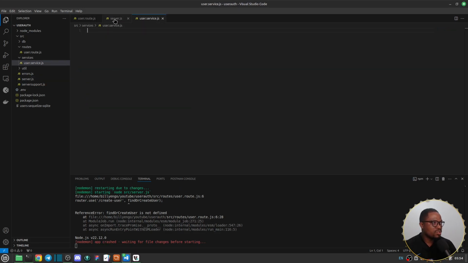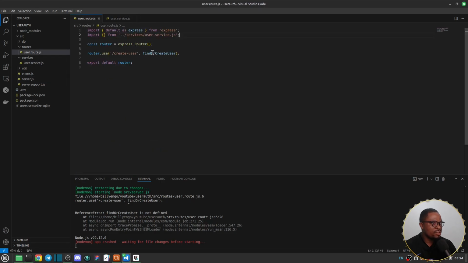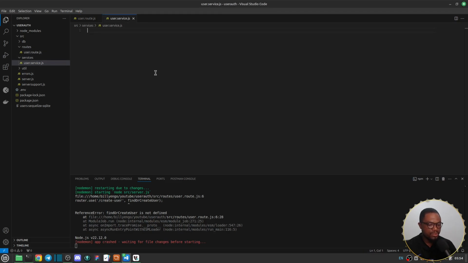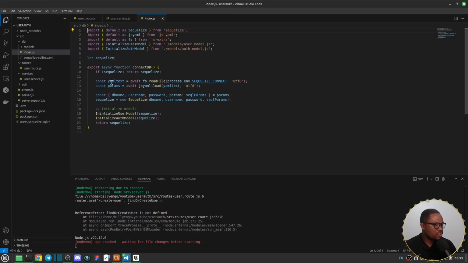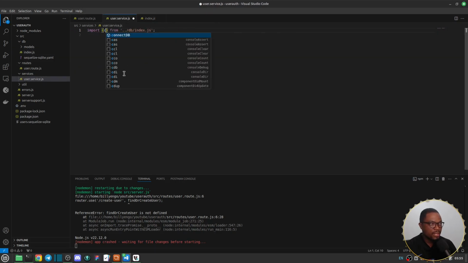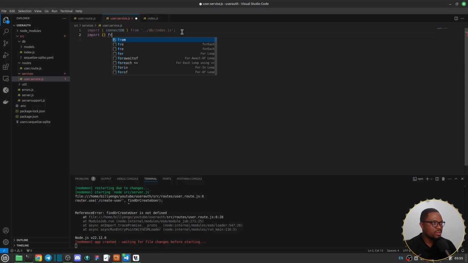So we're going to come into user service. Let's get rid of this. We need to create this findOrCreateUser. So inside here, we're going to say import, let's import our database. So we're going to say .db/index.js. Let's see, did we export it as default or not? So it's not, it's a named export. So we're going to come here and we're going to say connectDB. Then we're going to import our user model from